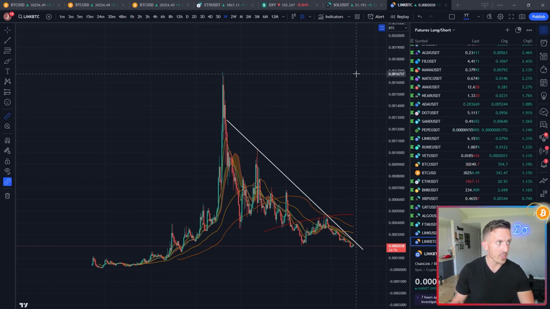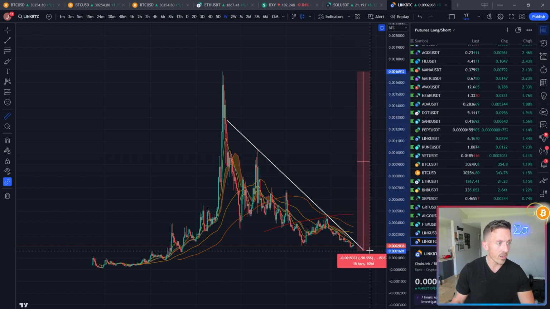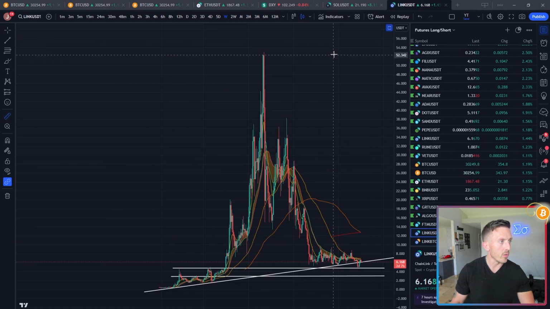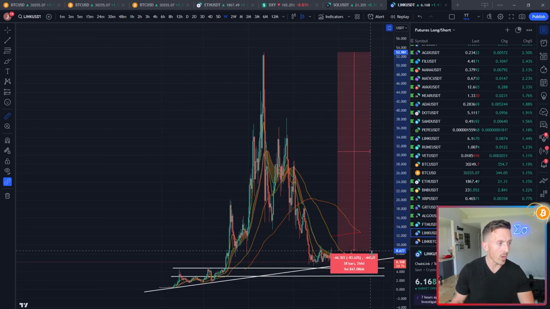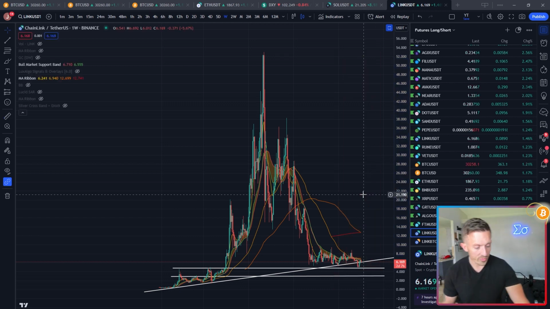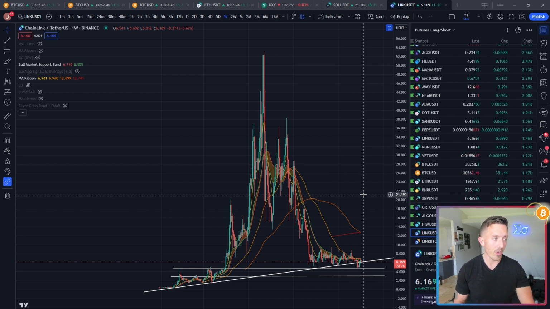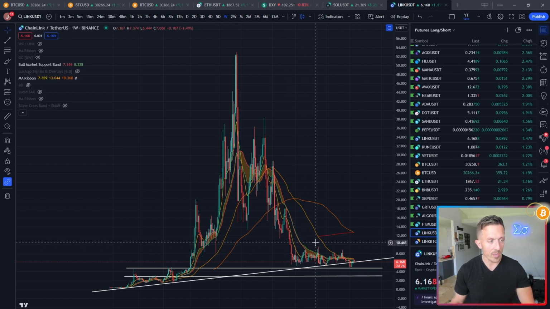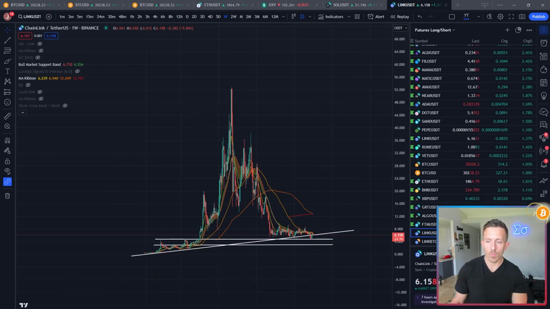Look at the retracement here: from here to here, the BTC valuation has retraced 89%, and the actual USD valuation has retraced 90%. Most altcoins generally retrace between 95 and 98% in these bear markets. I'm not saying this is great performance by any stretch of the imagination, but Chainlink does seem to have a home here in that $5.50 to $9.50 area.